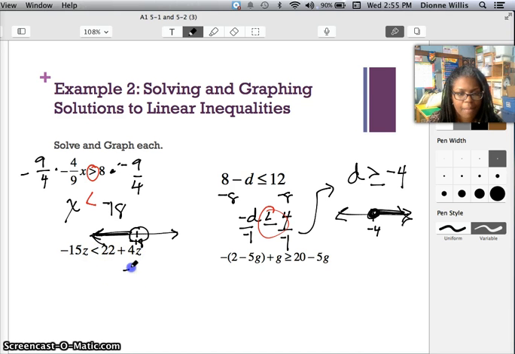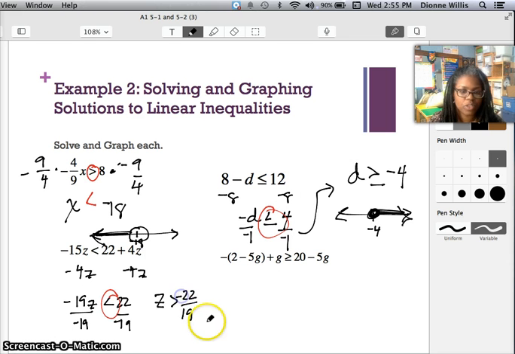So I'm going to move my -4z to both sides of my inequality. I get a -19z is less than 22. I think that looks good. And now I'm going to start the division process. I'm dividing by a -19. When I do that, I've got to flip the sign. So now that the sign is flipped, I get that z is greater than